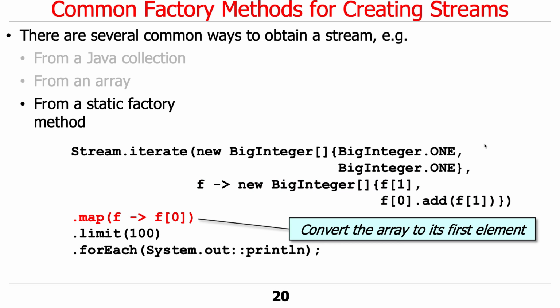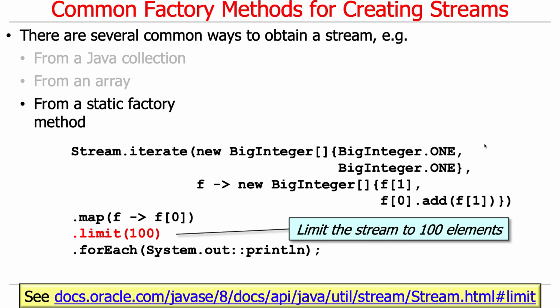What we're going to do then is use the map method. And this is really cool. We're going to map f, remember f is a 2-element array, into f sub 0. So we're going to basically transform this stream of 2-element big integer arrays into a stream of single-element big integer values, which will always be f sub 0. But remember, this is a stream which is going to contain the Fibonacci sequence in the 0th location of the array. Well, we don't want this thing to run forever, so we're going to limit it to the first 100